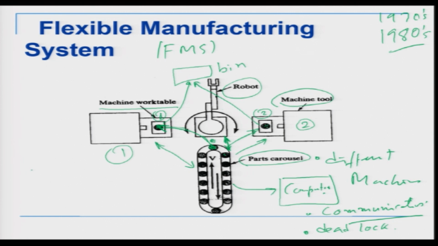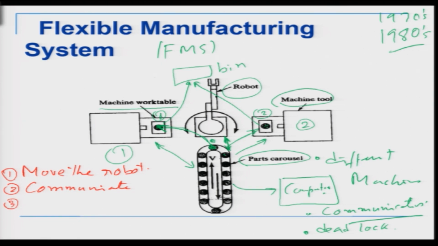So let's look at it this way. The first requirement of the program is that it should be able to move the robot to perform some task. The second thing the program should be able to do is communicate. That means it should be able to communicate between different machines. The part has come, part has gone. Then number 3 is